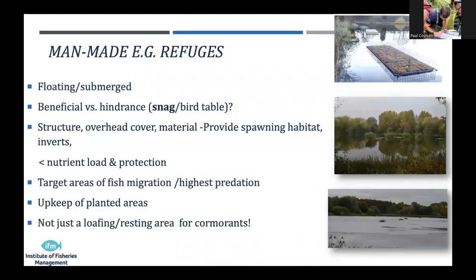And so we touched on the refuges, but these are some really good examples. This is one where the cages are over the top, and you can see that it prevents the birds from getting on there and wrecking them before they've even become established. It provides that much needed overhead cover. I think it's important to say with these as well, if you're putting in cages or floating islands, they do need to be dark. Fish want cover. The darker the better. They feel a lot more confident and comfortable if they are in a darker environment.